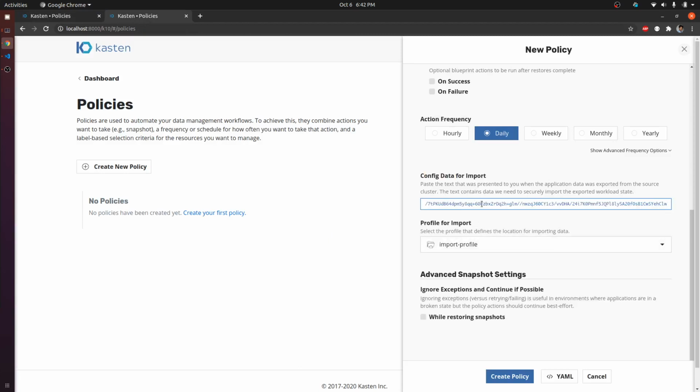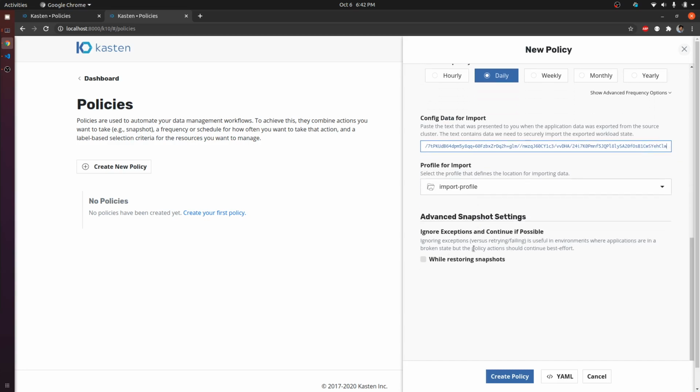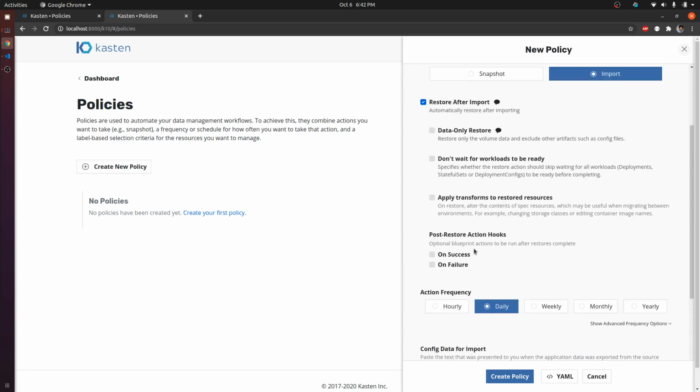And once we have pasted the config data, it asks us for the profile, right? And this is the same profile that we will have to create in the target cluster after going to the settings page. After specifying these things, there is another thing that we will have to specify, and that is the storage class for the manifest for the objects, right?